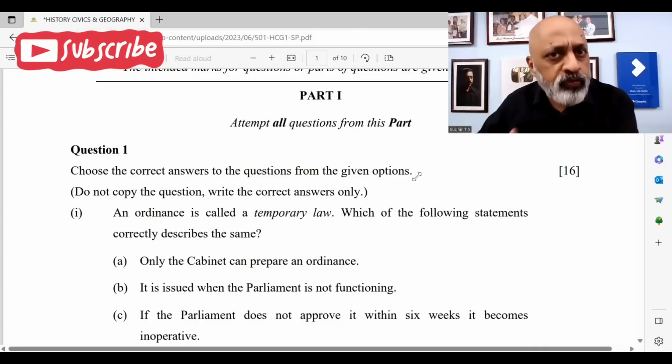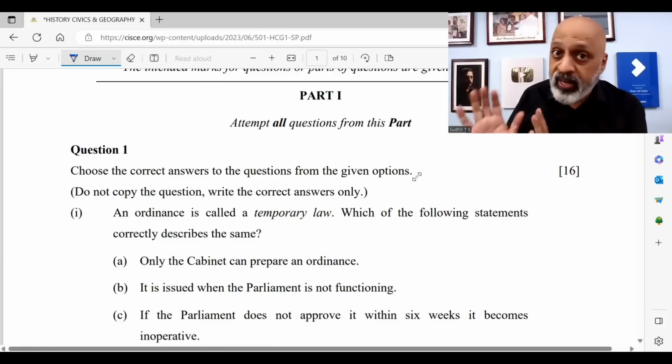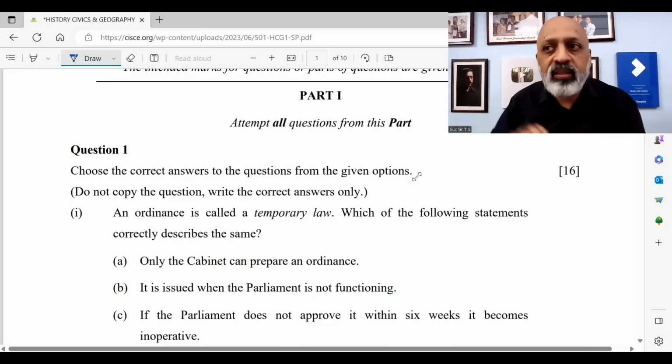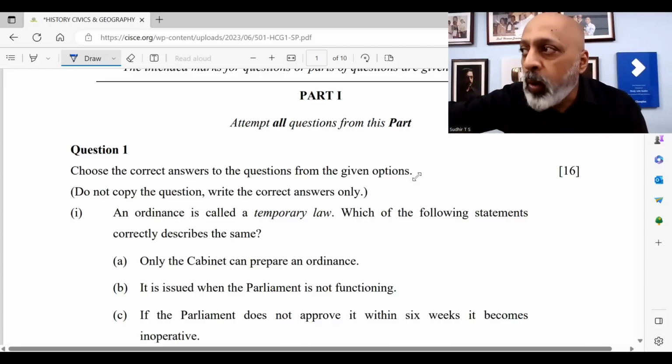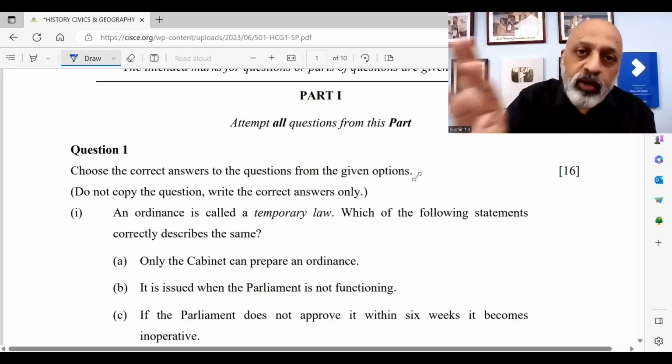not in session. Either of the two houses is not in session. Mainly Lok Sabha के reference में ही होता है ऐसे. And it is issued by the president and then it has to be cleared by parliament. ये आपने पढ़ा है. Now look at, पहले questions किस तरह से आते थे? An ordinance is issued when, or ordinance has to be signed by who, ordinance has to be approved by who. उस तरह के straight questions आते थे.